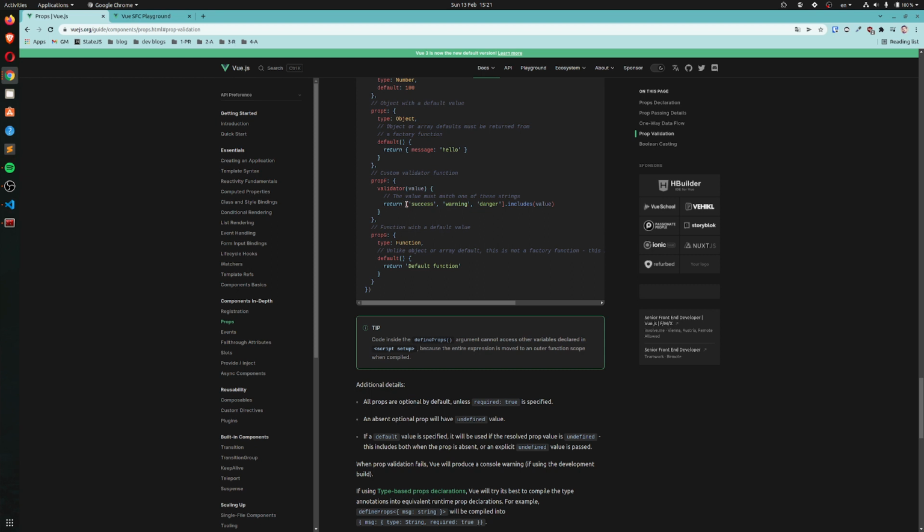If it returns true, it means that the value we passed in is accepted. If it returns false, it means that it's not accepted. So it's not the right value. In this case, look, it's returning